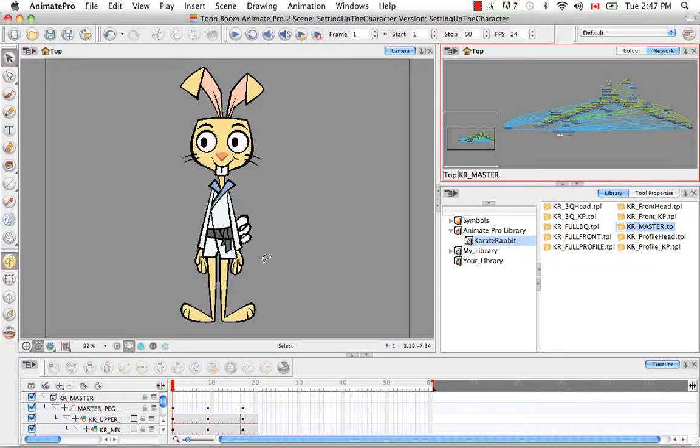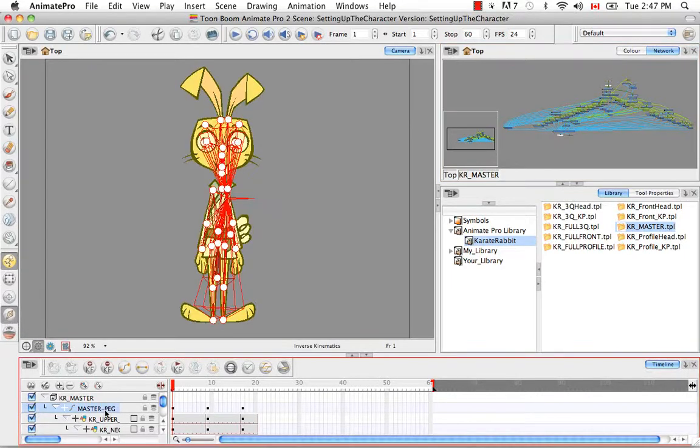hierarchical chains. So to begin, let's click on the IK tool button here in the tools bar. And then let's click on the master peg so you can see the skeleton. So wow, that's a little bit scary. There's just a mess of red lines, a little bit hard to decipher, but I'll take you through this step